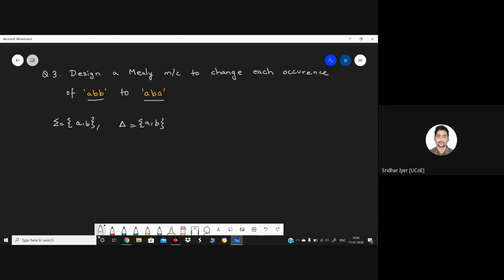It's again a simple question. Start in the similar fashion. Wherever ABB is getting formed, you have to check that state, and in the next table, wherever that state is present, you have to convert that into a B. Sorry, into an A. Because only the last bit has to be changed, right? You have to convert ABB into ABA. Something like this. The first two bits have to be same. The last bit has to be changed. Yeah. So start off the question. I will pitch in wherever required.